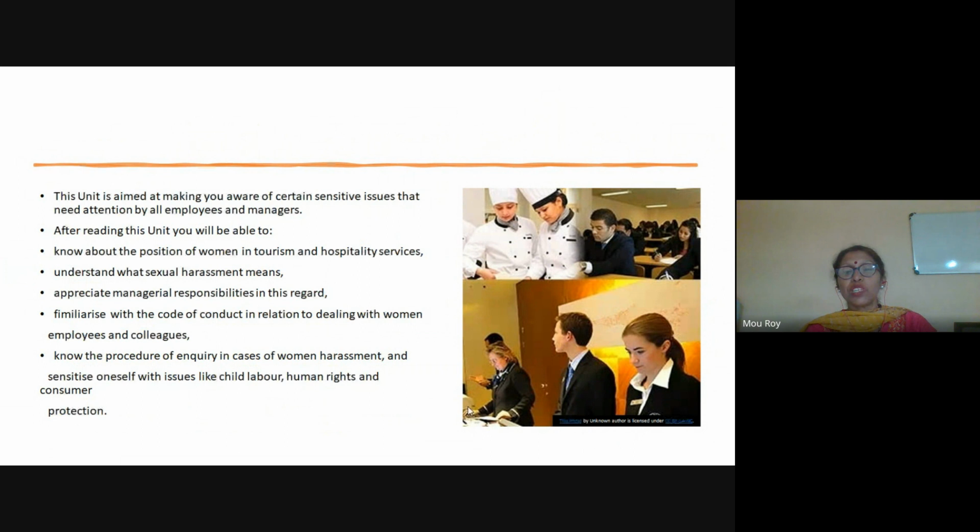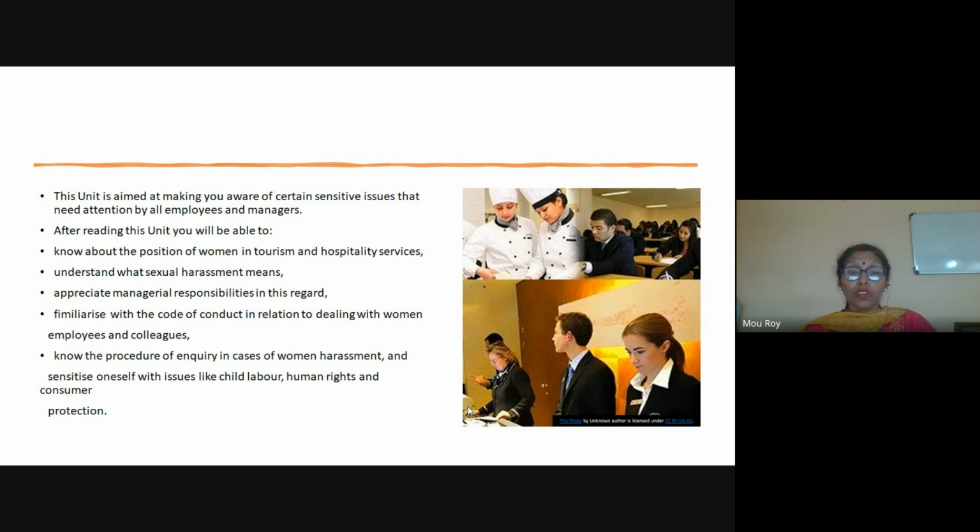Then you will know what sexual harassment means, which is usually being faced by ladies everywhere. It is not only in the hospitality and tourism industry; in all industries sexual harassment exists. But yes, the manager should be able to handle it properly. So you should appreciate the managerial responsibilities in this regard,